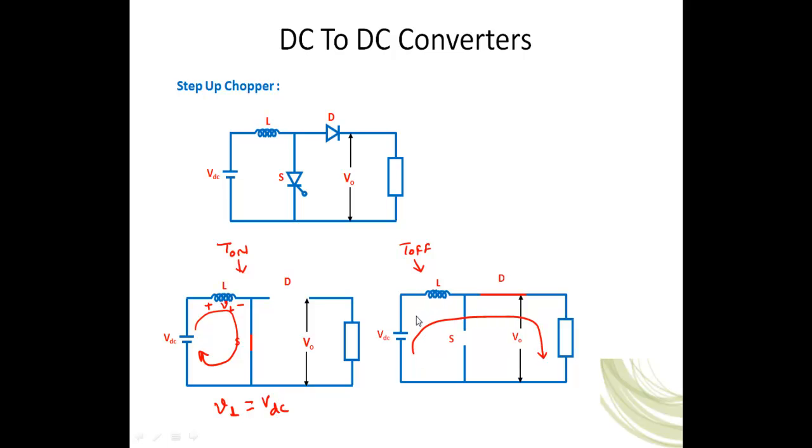That means now the inductor will be acting as a source. So the charged inductor will discharge in the same direction. That means it is charged in this way, and in the same direction it is discharging, but the polarity will be reversed now. So now this one is a source voltage, like an instantaneous voltage source, and both are supplying energy together to the